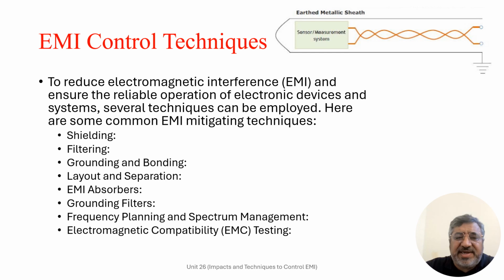Frequency planning and spectrum management. In wireless communication systems, frequency planning and spectrum management techniques can also help to mitigate interference. By carefully allocating frequencies, avoiding congested bands, and implementing proper channel spacing, the impact of co-channel and adjacent channel interference can be